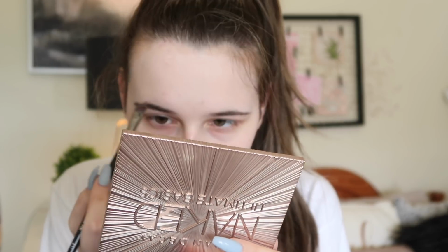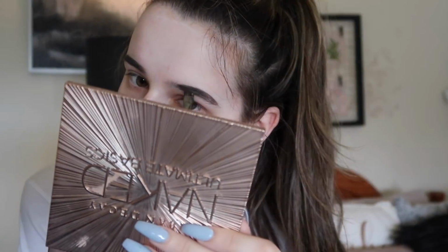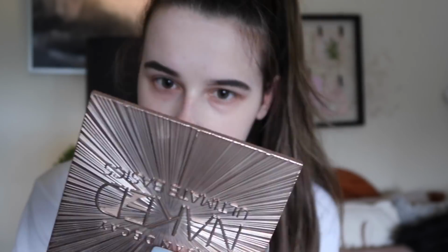To be fair, this is the one that I use pretty much every single day anyway. I love this stuff. Literally, this stuff is my little baby. I use this in the shade Ash Brown. I probably do need a little bit of a darker shade for it, but I ain't paying £16 for a new one, so I'm just going to wait for this one to run out. I'm just going to use some of my Makeup Revolution Conceal and Define concealer to conceal around the edges and